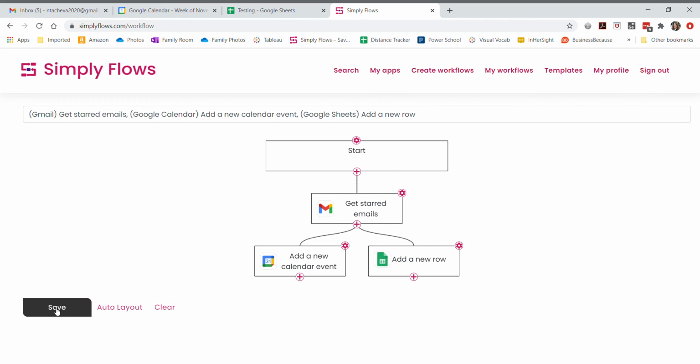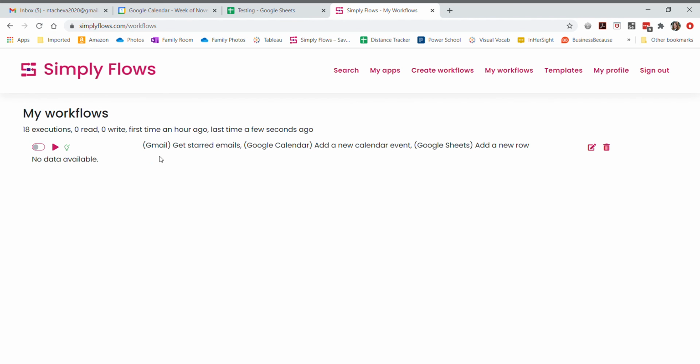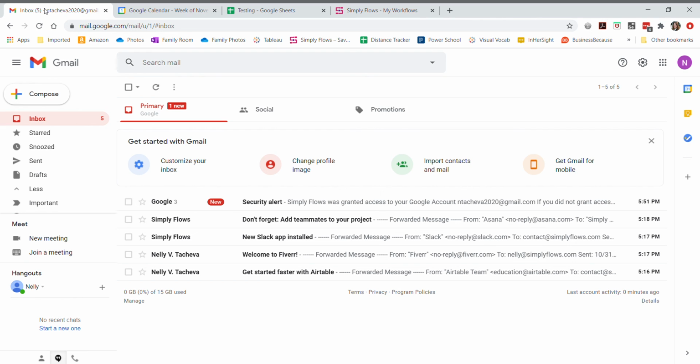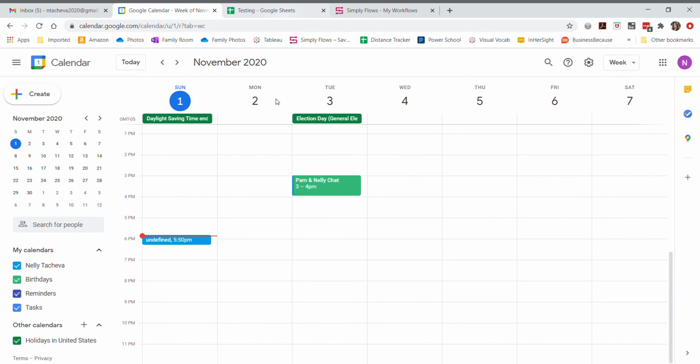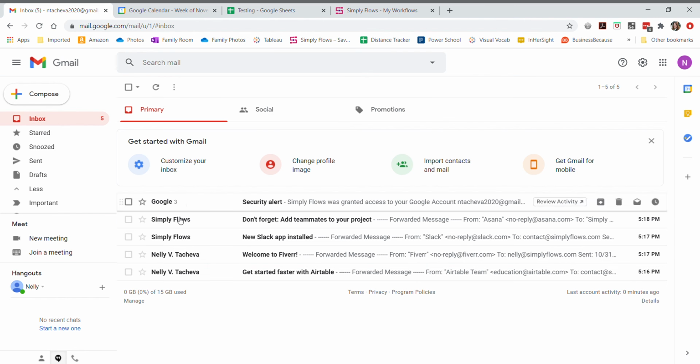I can save this workflow of mine, and now I can run it and see what happens. So in my inbox, I don't have any starred emails. So the result should be no other entries in the spreadsheet and not a single calendar event here, except for the test one, which I showed earlier. But right now I will go and add stars to